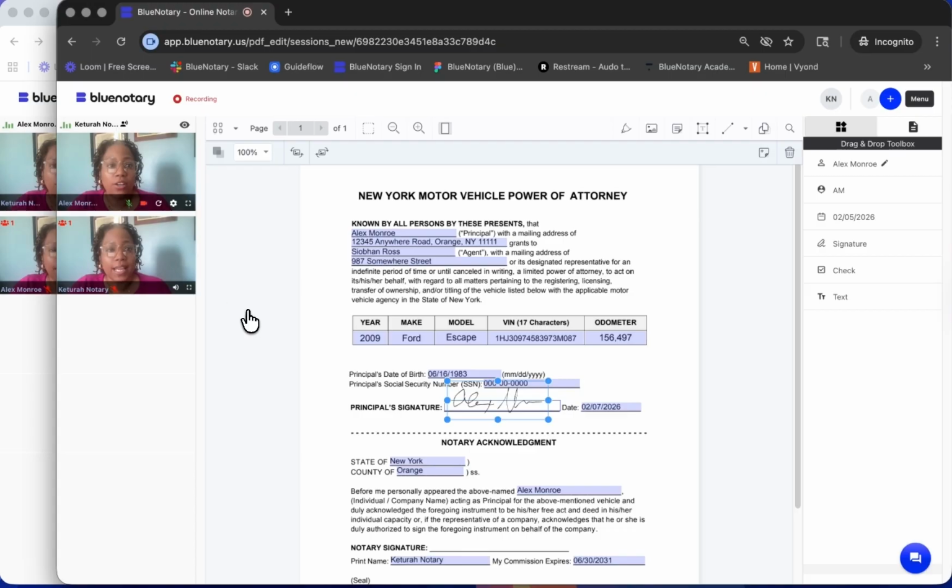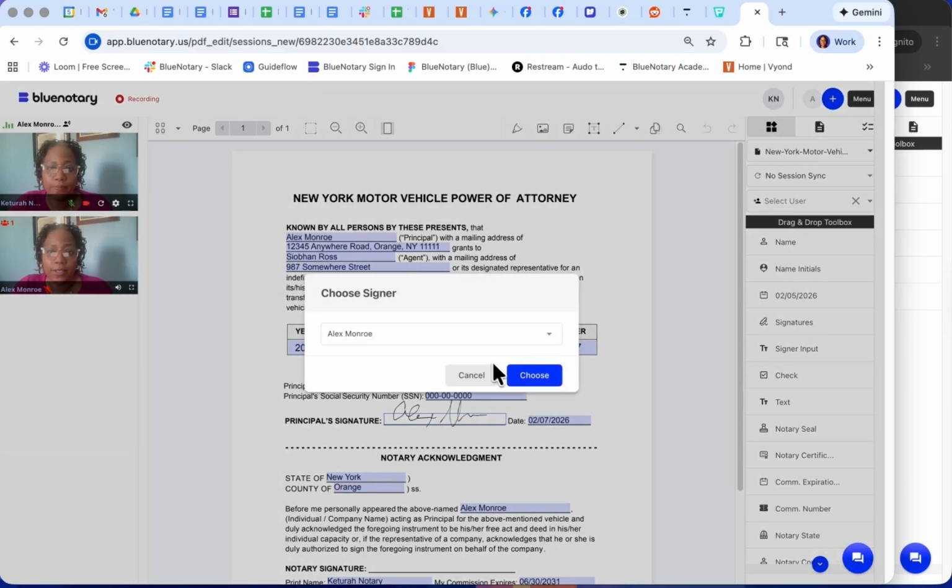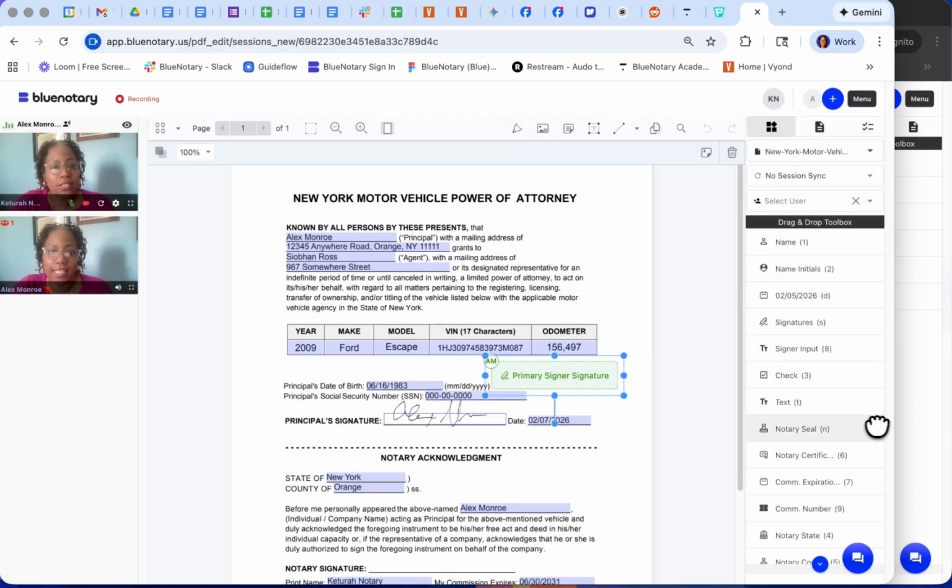Now, let's say our notary needs to add another signature box for us. So I'm going to go back to the screen where I am the notary. And let's say I need to add another signature box for Alex. So I can drag this here, add another signature for Alex. But when Alex goes to sign, does Alex get to change the signature that they've had if I don't reset